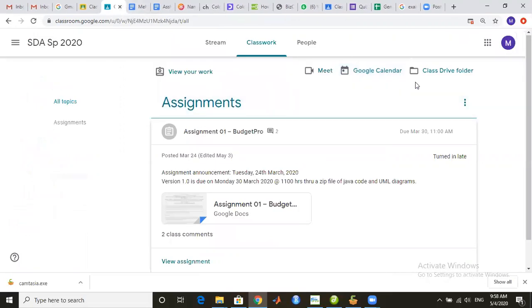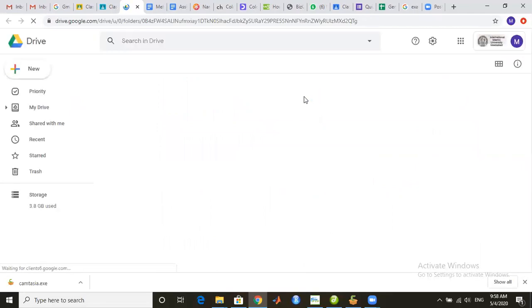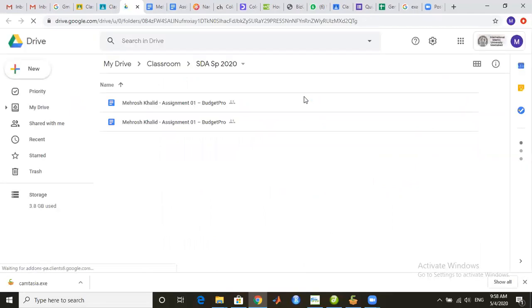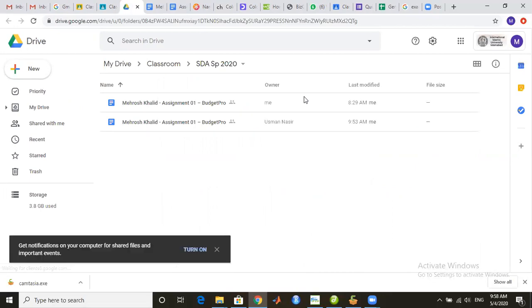Now coming back towards your class homework page, here is a Class Drive folder. The Class Drive folder basically links to your Google Drive that is associated with your IIU official email address. When I click on the Class Drive folder, it shows me all the submissions that I have made in response to the teacher's queries or assigned tasks.